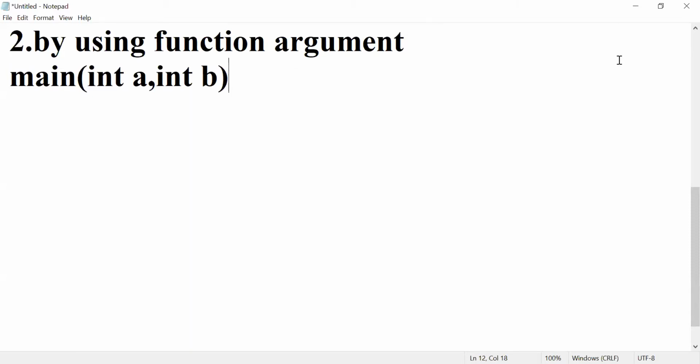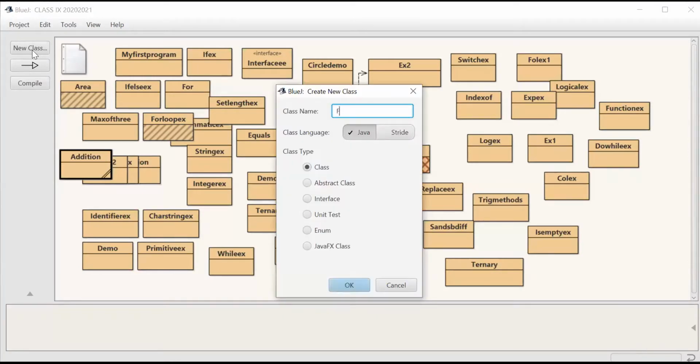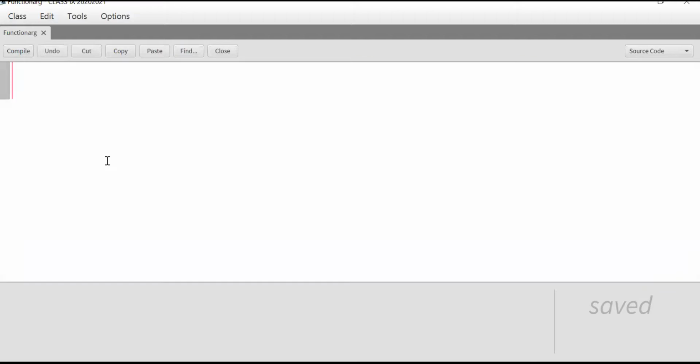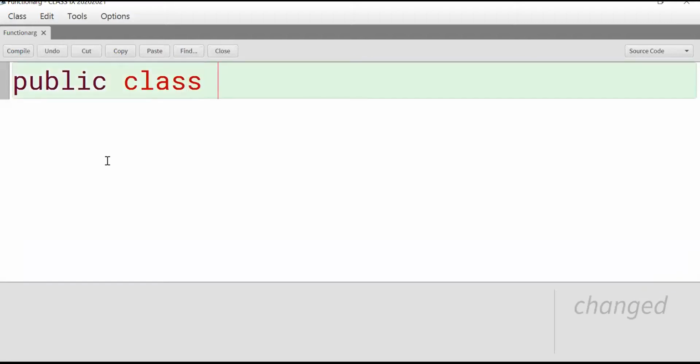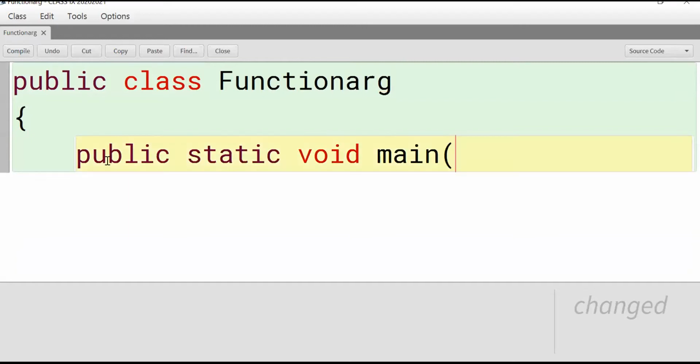Open your BlueJ once. Take a new class, function argument. Same program, addition of two numbers only. Here we are not going to give string type.